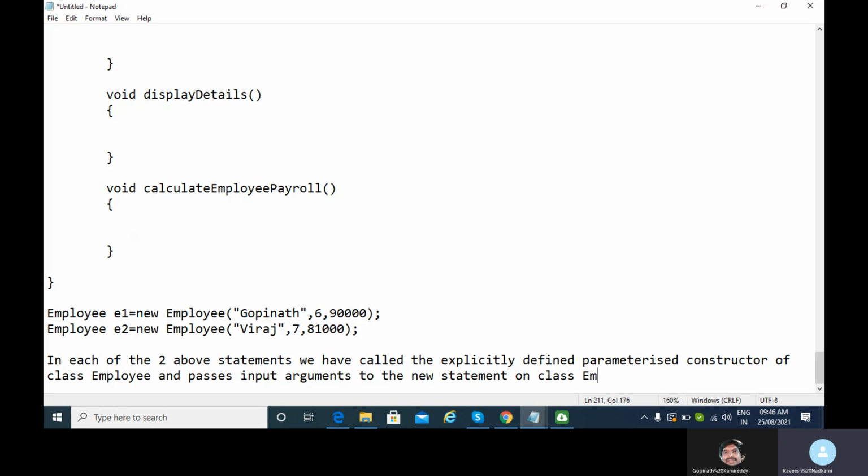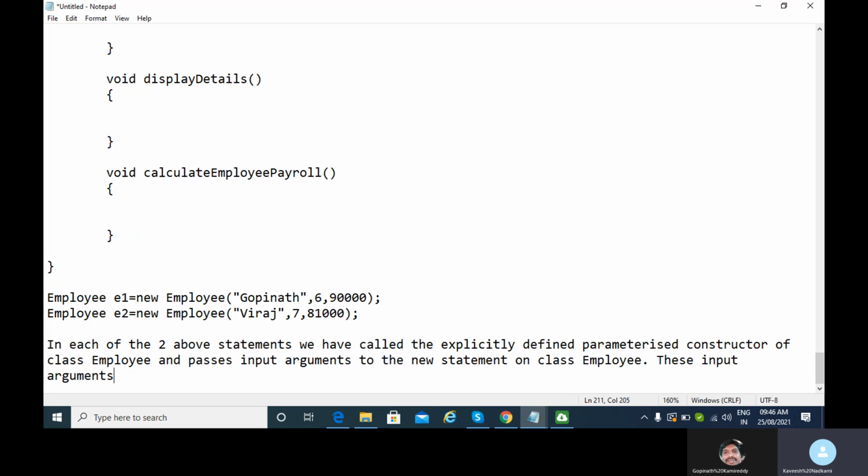Clear, Gopinath? These input arguments will get passed into the corresponding parameters declared in the title of the constructor definition, Gopinath. Yeah.